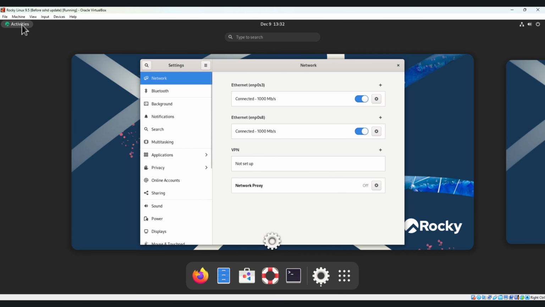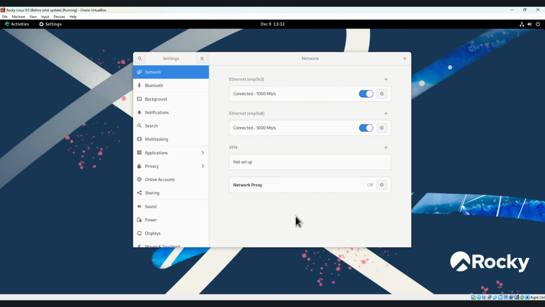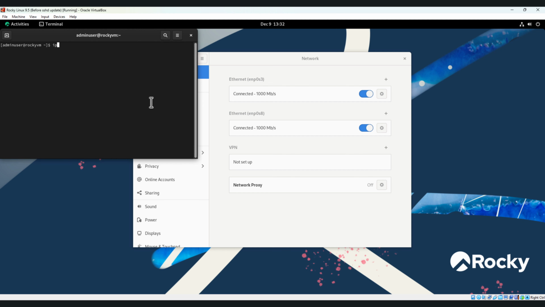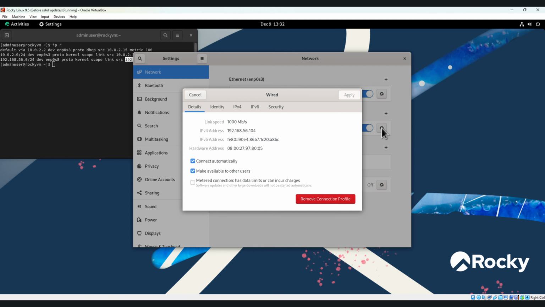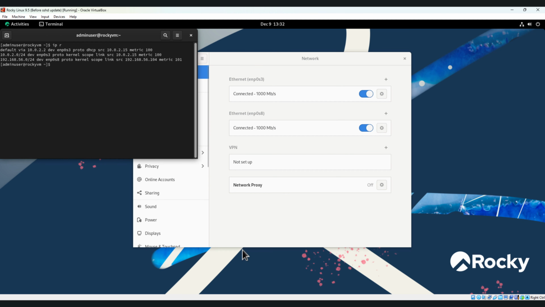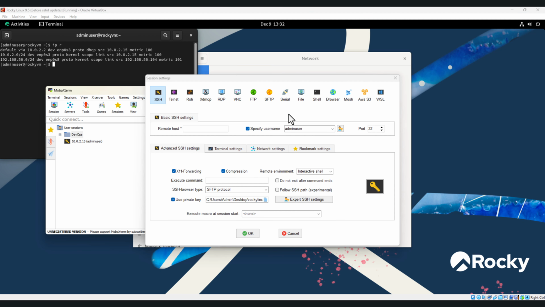Open the terminal, check the IP address. This is the IP address. From here also you can check the IP address. This is the IP address. (192)